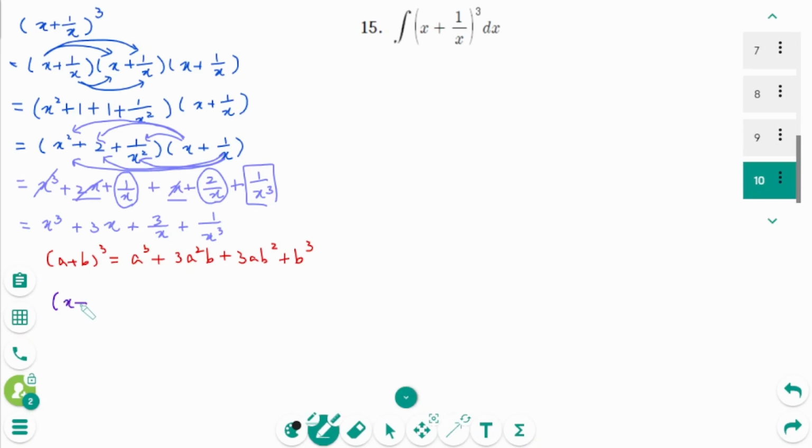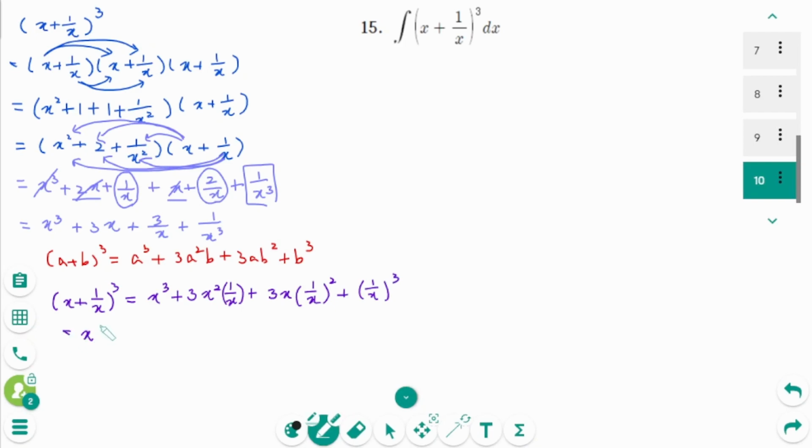So x plus 1 over x cubed equals, x is a part, 1 over x is b part. X cubed plus 3 times x squared times 1 over x plus 3 times x times 1 over x squared plus 1 over x cubed